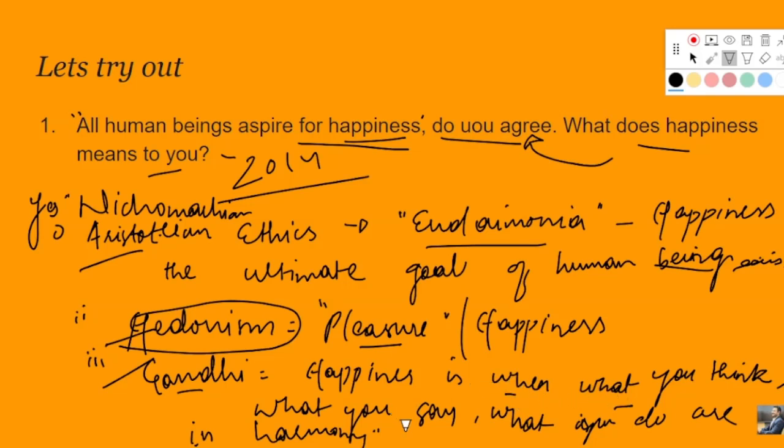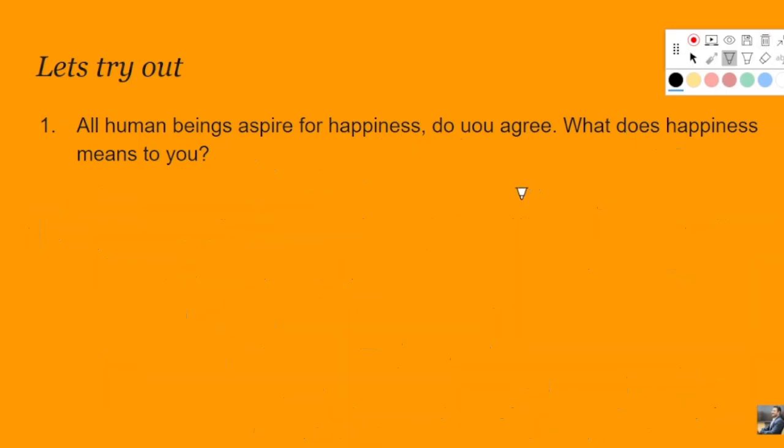what you think, what you say, and what you do are in harmony, right? And hence we all aspire for happiness. This is how you support your answer that yes, I agree. Then the second part of the question is you have to justify by saying what happiness means to you, right? If you are saying that yes, all human beings aspire for happiness, you are agreeing. Then you have to support your answer by saying what happiness means to you,